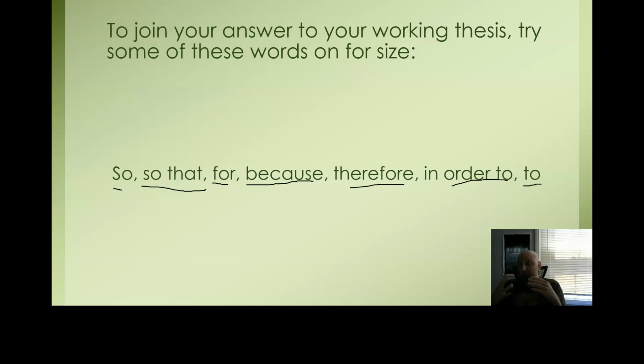Okay, so that's really all I have on this presentation. At this point in time, we should all have a pretty solid thesis statement. If you'd like to get some feedback on that thesis statement, feel free to post it in any